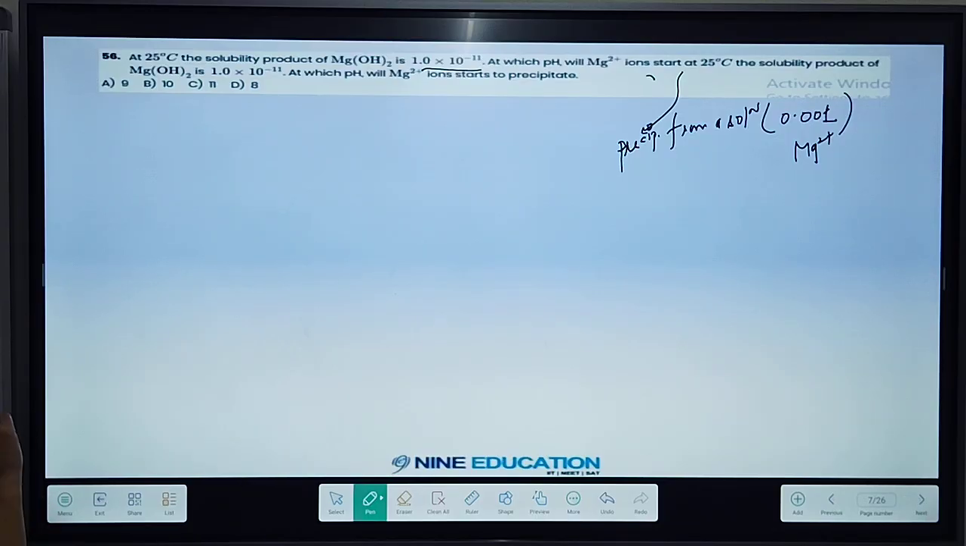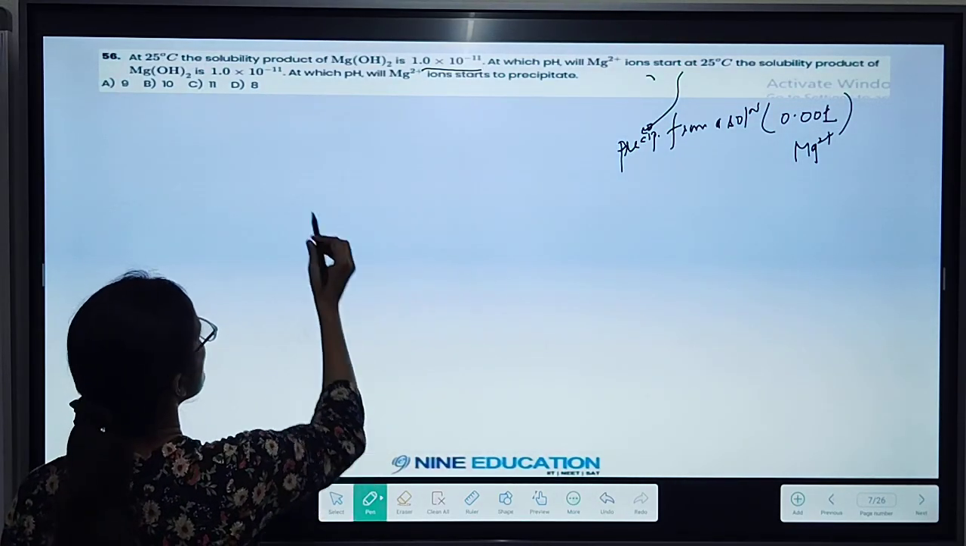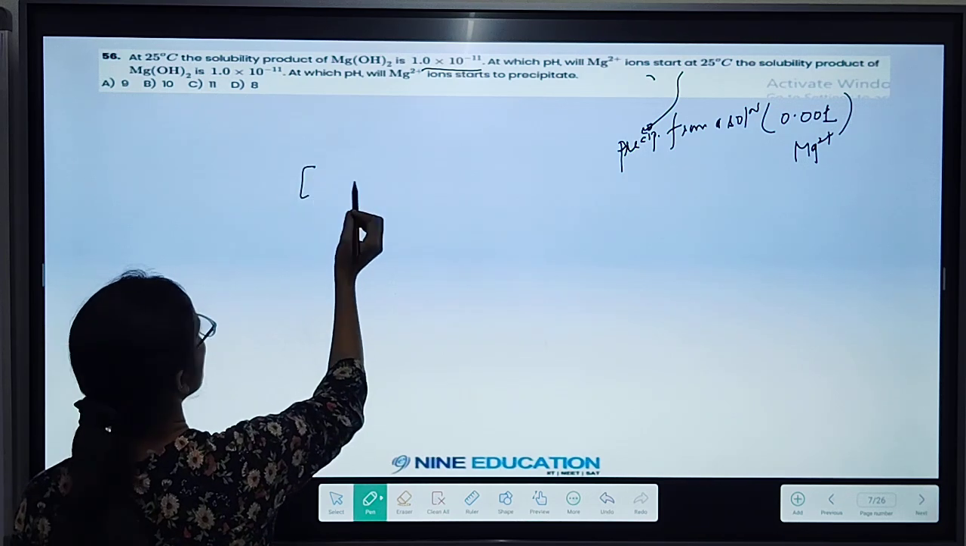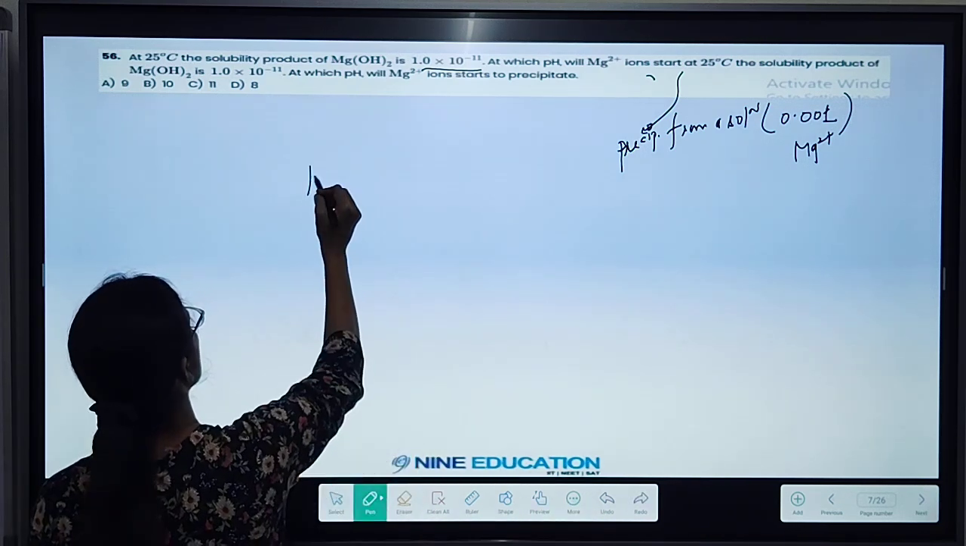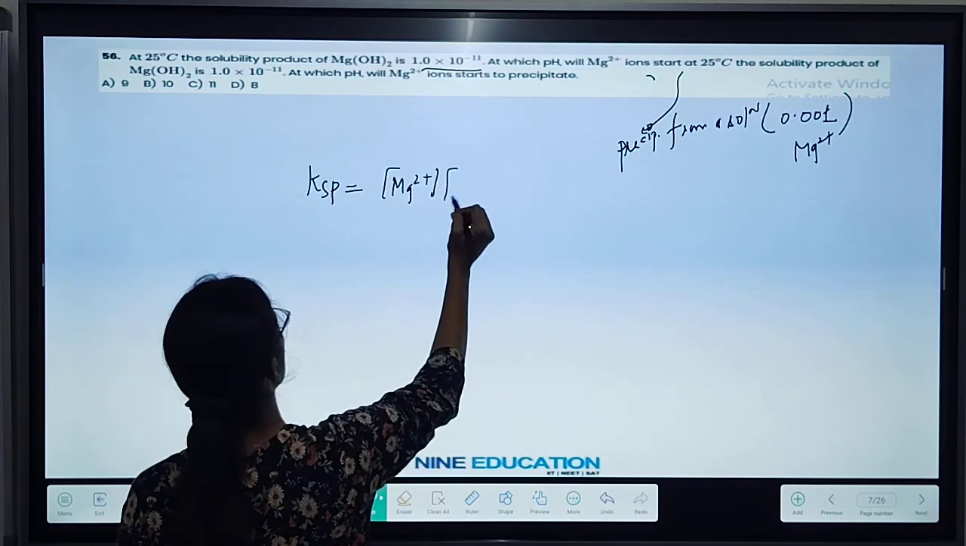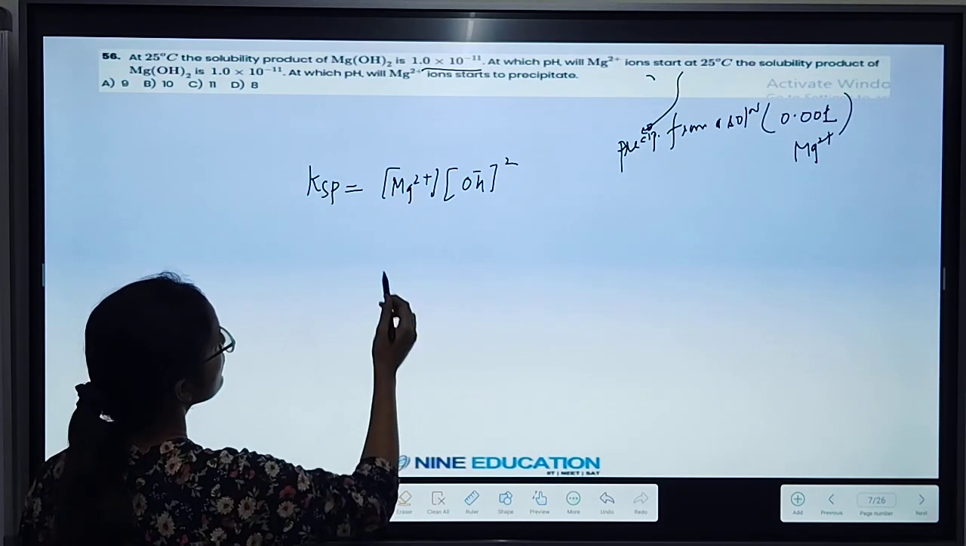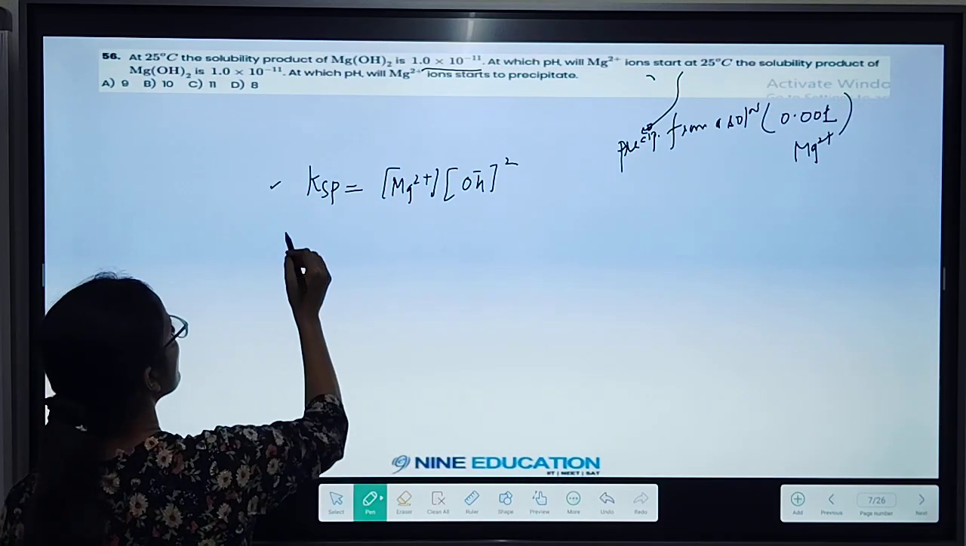So we have a Ksp value for magnesium hydroxide, and we need to find when magnesium hydroxide will start precipitating from a solution, at what pH it will be happening. For this, we will be having Mg2 positive. If I try to write down the Ksp expression, Ksp will be Mg2 positive, and along with that we'll be having OH minus squared, OH minus raised to power 2, and the Ksp value is given as